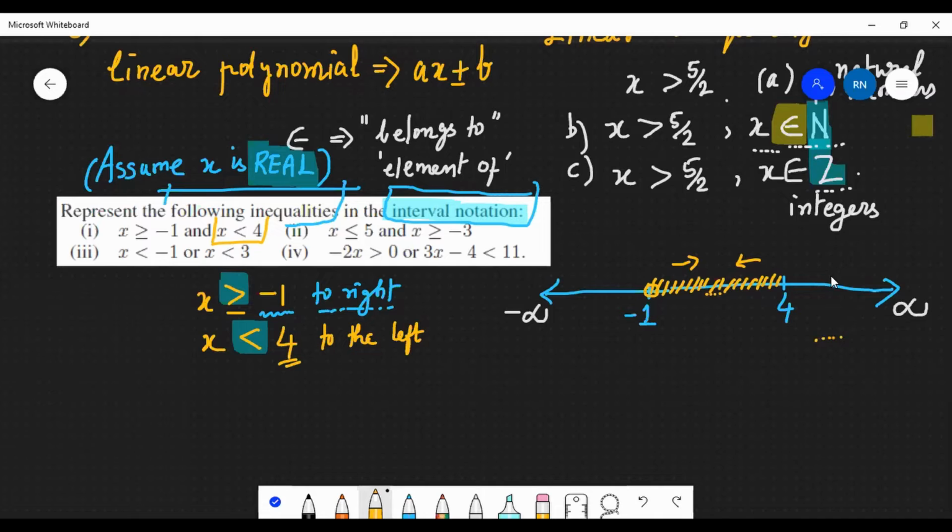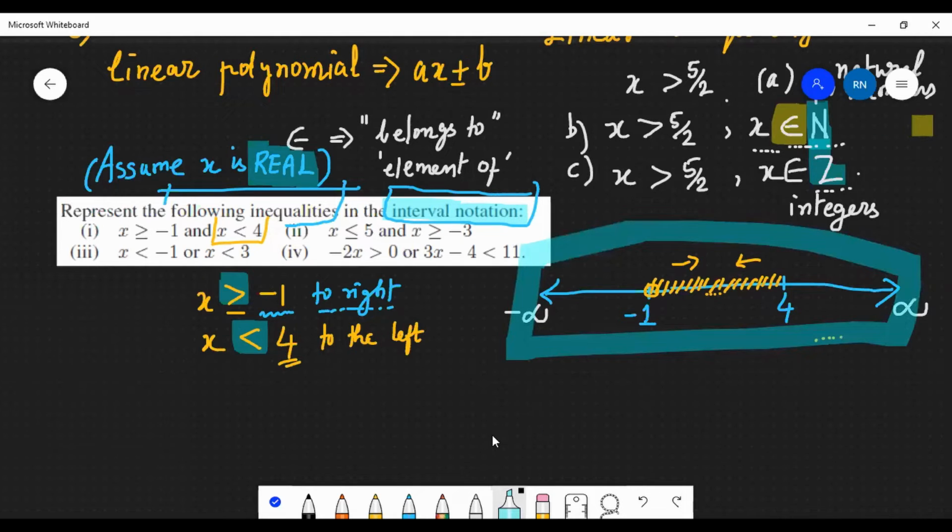So that part you cannot take as a solution for X. Where does the solution begin? Where does the solution end? Looking at the number line and plotting, you can easily find that the solution starts at -1 and ends at 4. Now all you have to do is write a comma. Listen carefully, because this is the first time you are going to write the very first notation,